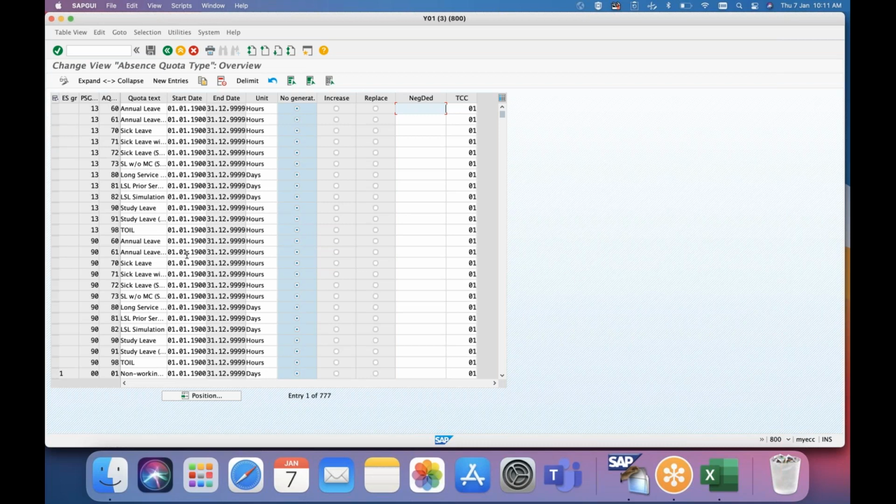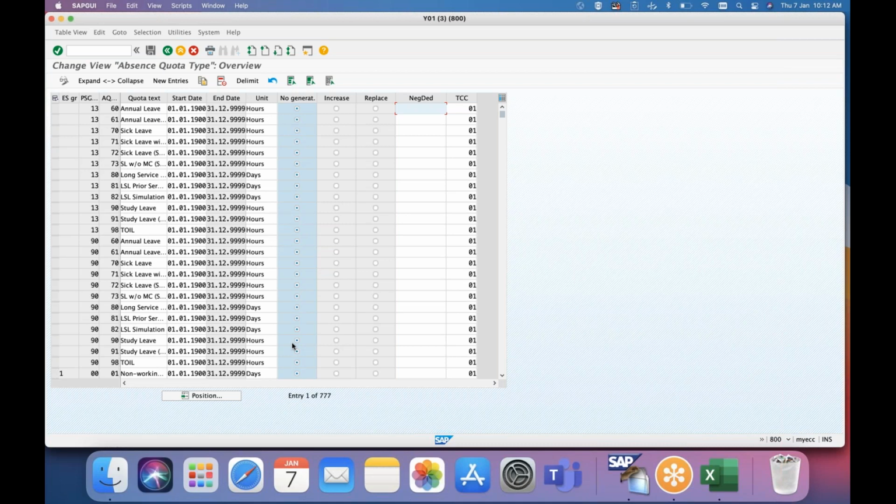Say, for example, I have annual leave, sick leave, and casual leave. Sick leave and casual leave, they don't want time evaluation. They will maintain them manually at the time of hire. But annual leave has some logic, like if the employee was inactive or had unpaid absences, it should be reduced, or the quota should be carried forward. Only those kinds of things can be done through time evaluation, so only those quotas will be activated over here. The rest of the things I will keep in no increase.